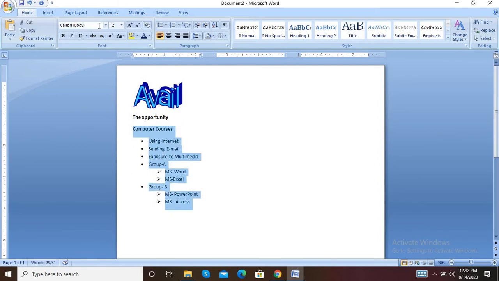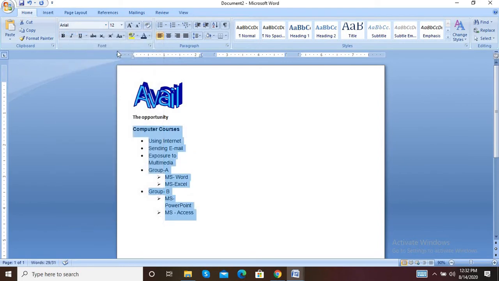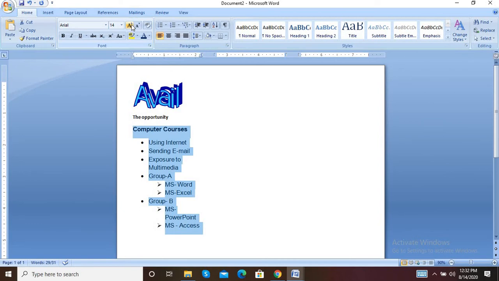change its font and color. On page number 55, you see on page number 55 there are some instructions given. So for that you have to give the font size 18 and apply Arial. So select Arial and I am increasing the size and changing the color also.